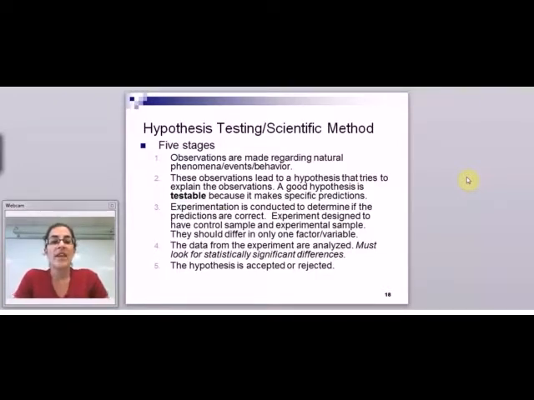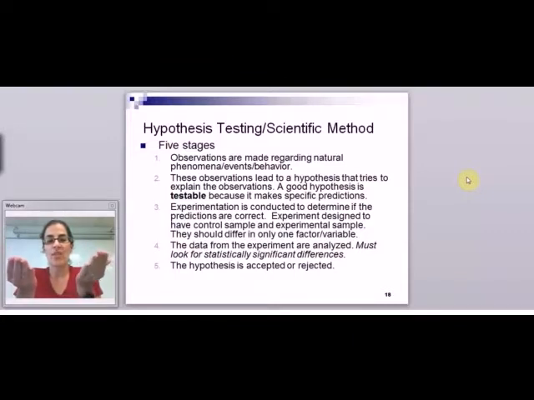All right, so the next step in the scientific method, or hypothesis-based science, is experimentation. And this should usually flow pretty easily from your predictions. Your predictions should basically lead you to the kind of experiment you're going to run. So you'll run your experiment. In a good experiment, you'll have 2 samples. And again, we're going to look at examples of this, so just bear with me for now in the explanation. You'll have your control sample and an experimental sample. And those 2 samples should be the same